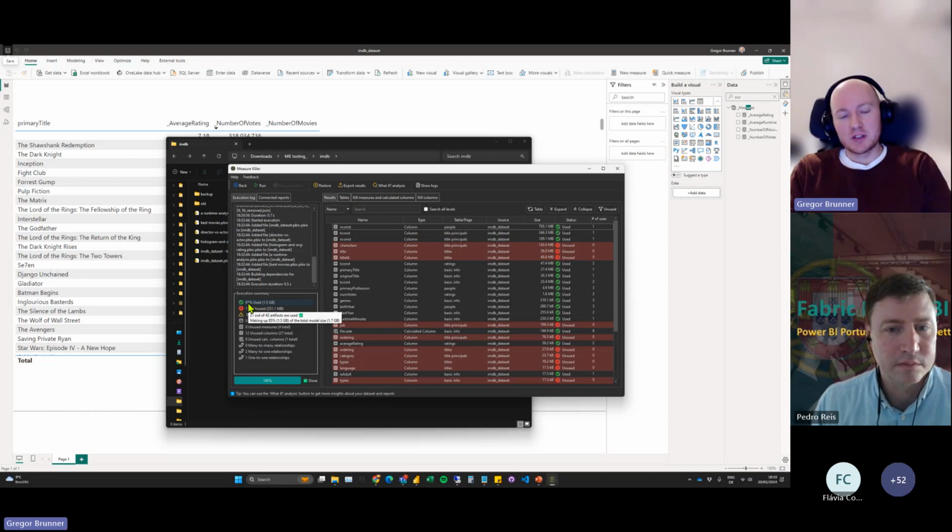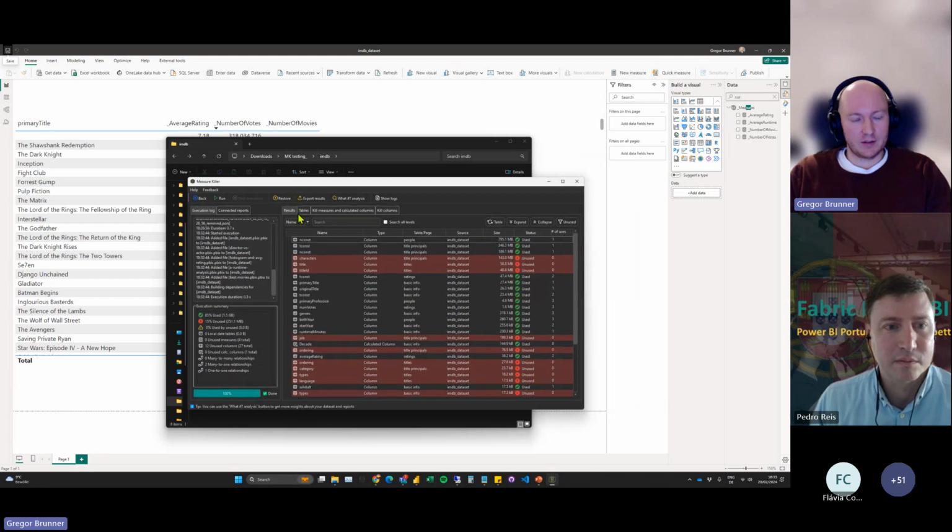And of course, you have to decide if you really want to kick out the stuff that is not used. But a lot of times, if you have a couple of reports connected to the dataset and people have been using this, maybe you just kick it out. And if somebody needs those columns later, you can always add them in. But remember, we have this best practice to only load the columns that we need. And this is a fantastic best practice in theory, but actually it's almost impossible to achieve this because we never know what we will need in the future. And that's why I think it's really useful to have tools like this.